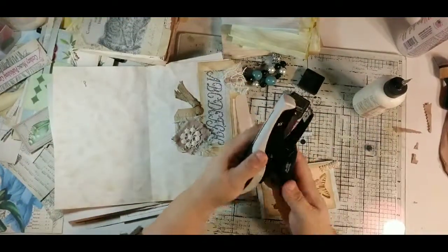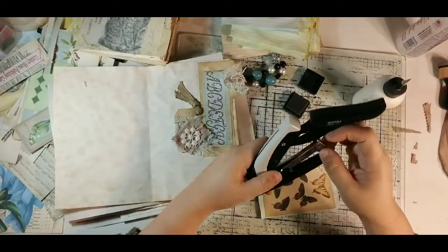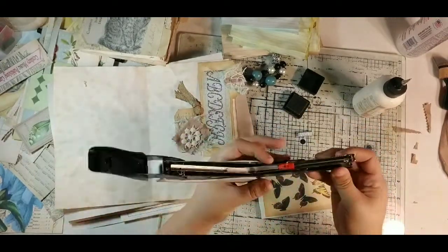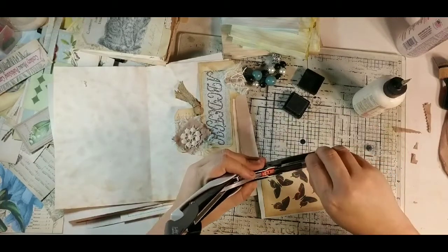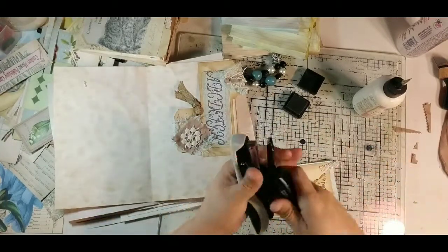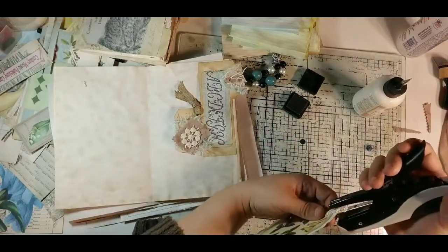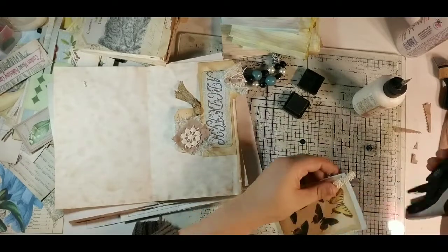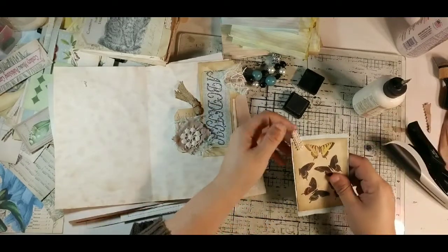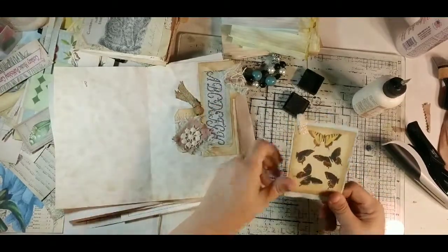Okay, so to open it, you just grab this part, pull it, lift it up, and this falls down. It opens up. Sort of like a regular stapler, but this sort of locks back in and controls it. It makes it easier. I'll put it through both sides if it's a really thick trim like that. So let me